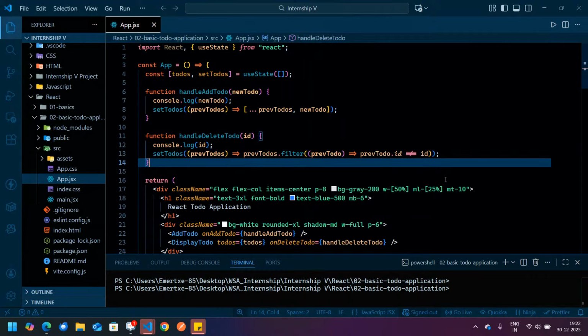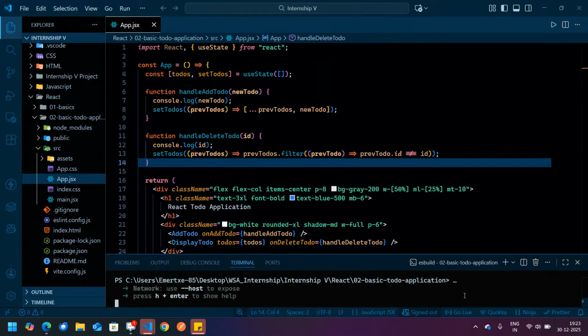Okay, first of all, tell me, if we want to edit, are we editing all of the to-dos or just editing one to-do? Tell me, do we have to edit all the to-dos, or just one to-do?